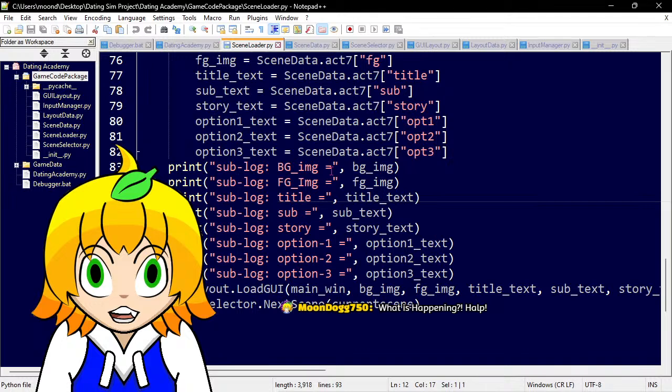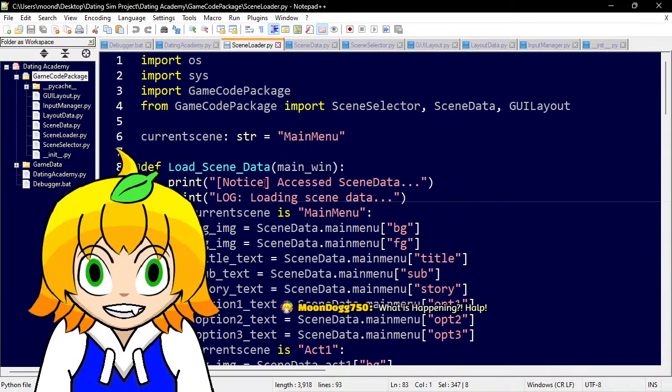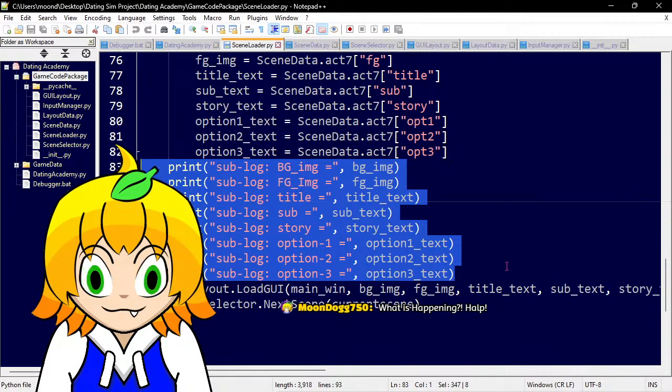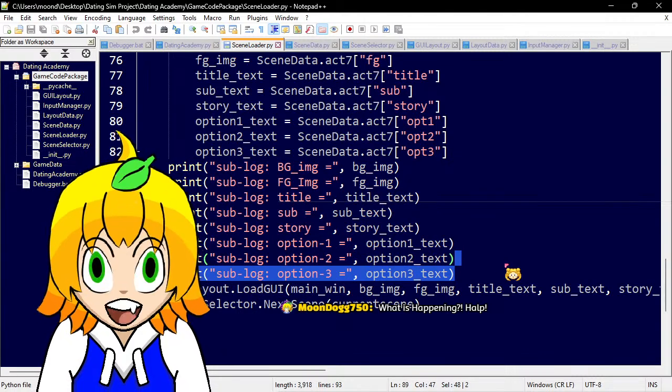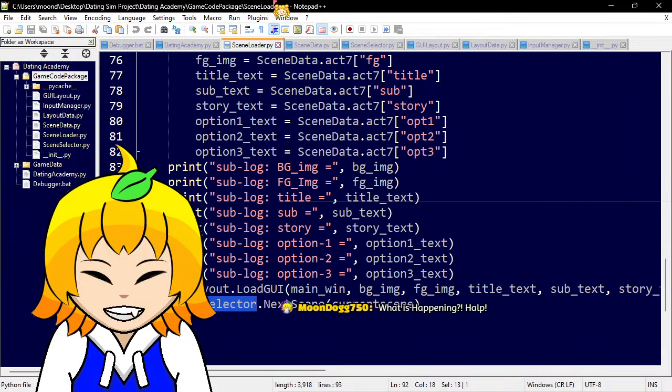So then the scene loader, first thing it does is print to the sublog that we've pulled this data. That's for me to know, just so I can see where we're at in the code running. But then we do GUI layout and scene selector, which you can't see because my big fat head is in the way.